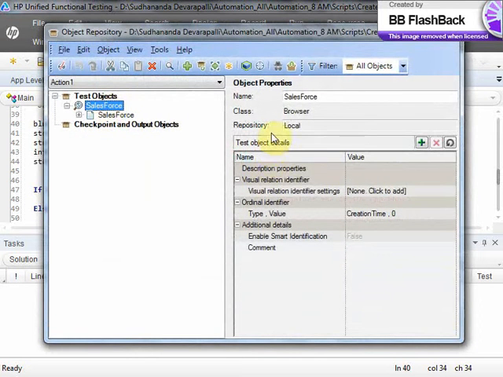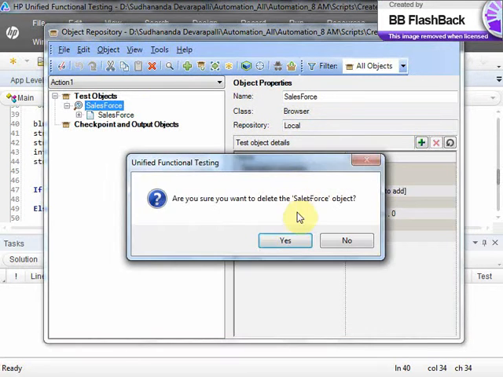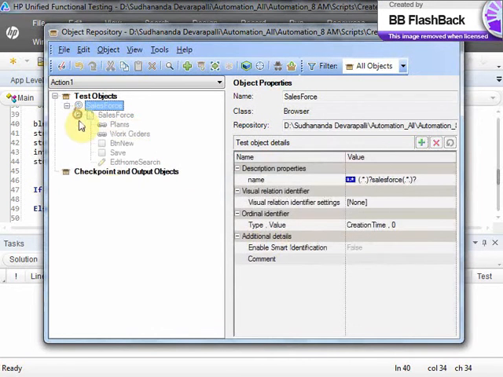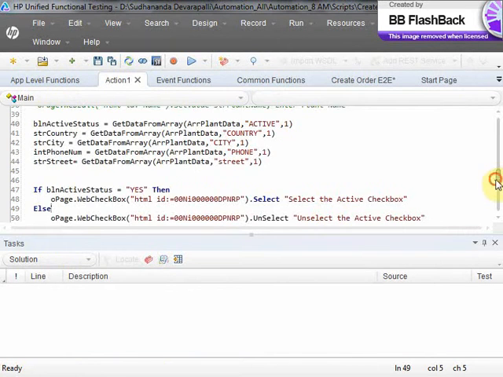So if I remove the browser from local repository, then it will automatically load from shared repository. Okay, fine then. Now what I'm doing is,